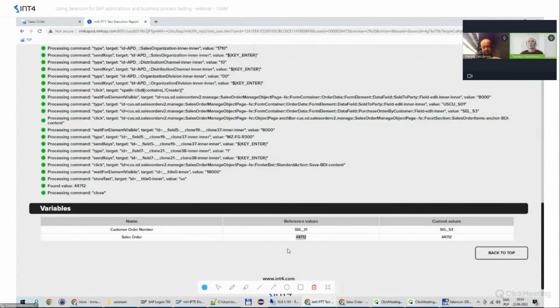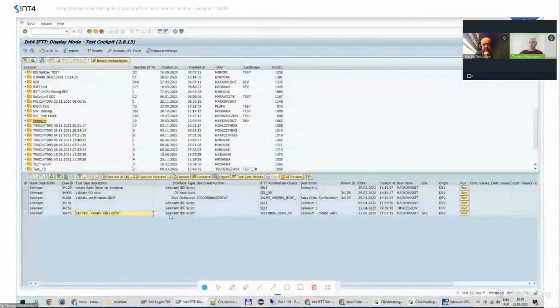Tomek, just one thing that I think would be great to explain to the audience was that this customer order number, that's also changing. So are you actually modifying the Selenium script on the fly to get a different order number every time? Yes, that's one of the key features of IFTT, where IFTT can actually adjust or modify the parameters or execution variables before execution,